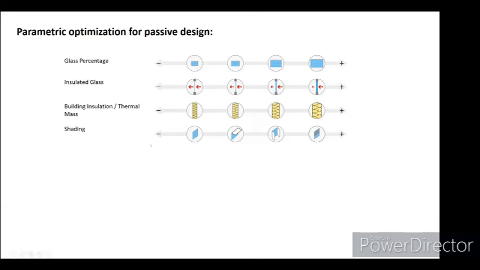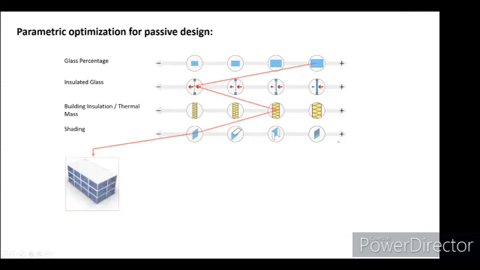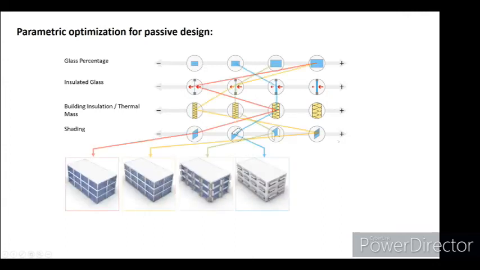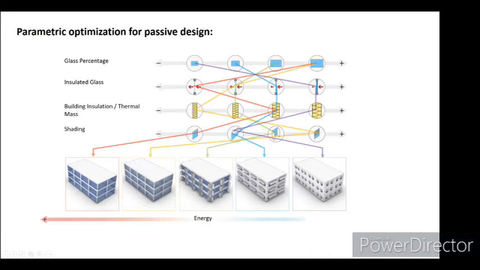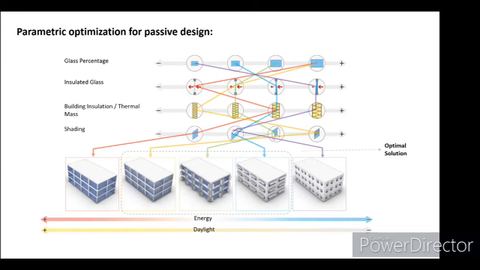And like we discussed before, there are various kinds of shading options. So you create the zigzag options between all the variations. You have a range of parametric designs, from more glass to less glass with shading. A few of these are better in terms of energy performance. Of course, this one is better in terms of energy performance than that one, but it looks like a communist or Soviet building. But an architect would like to have his options of balancing the system. And in terms of daylight, it works the other way. The optimal solutions are always somewhere in the center, not at either extreme.